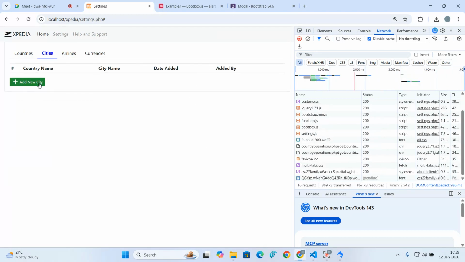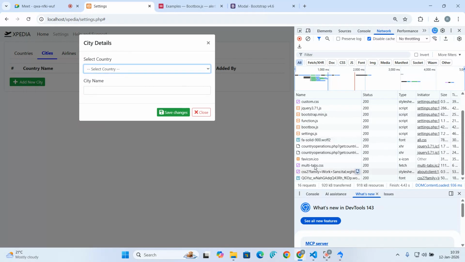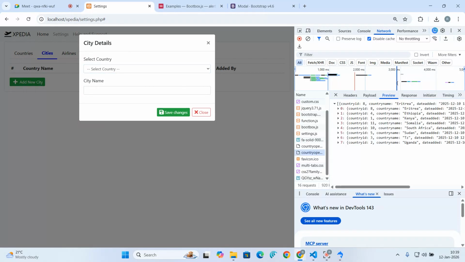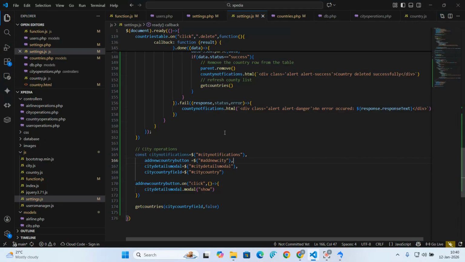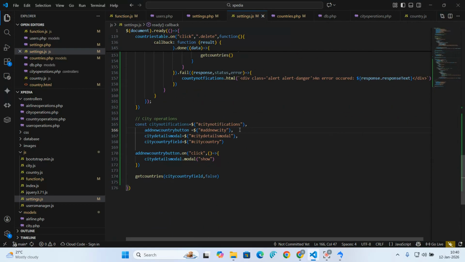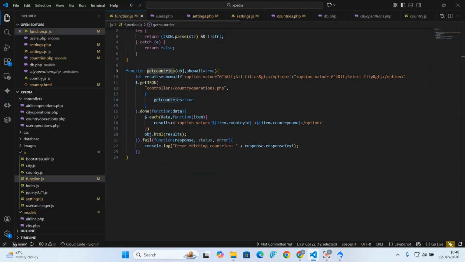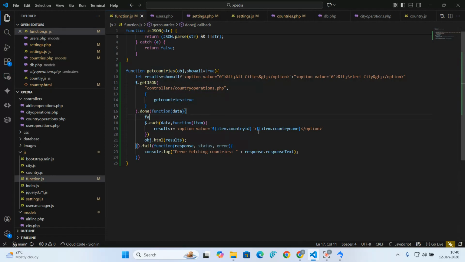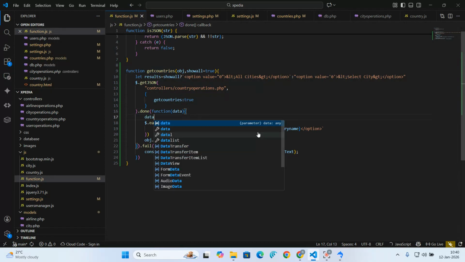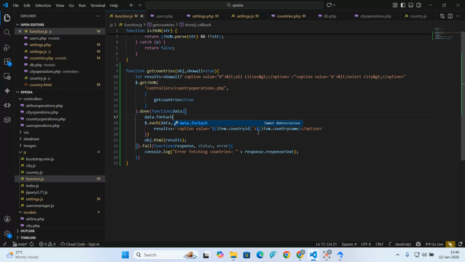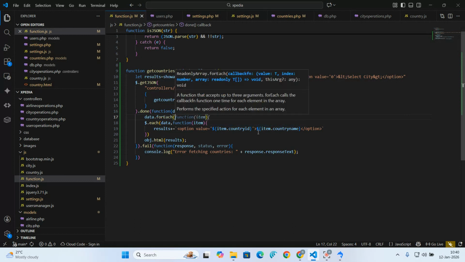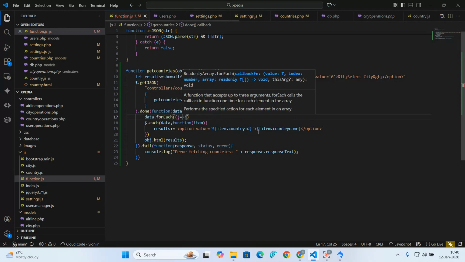So cities, add new, select countries. Did we get country operations? Yeah, we actually got all the countries. Why hasn't it loaded here? So let me see. I would have said functions here. While I could simply say here data, but for each, then I'll run anonymous function